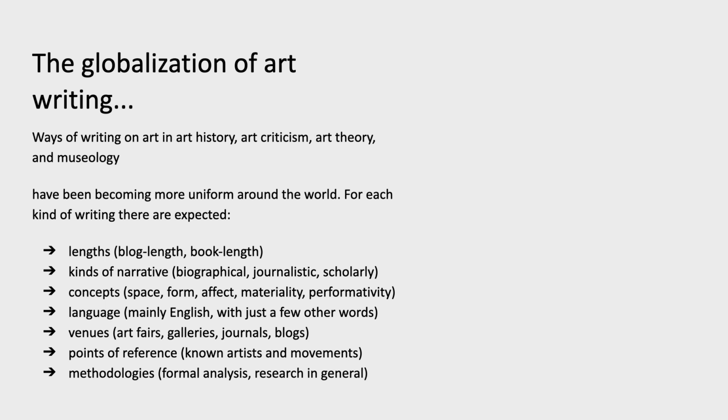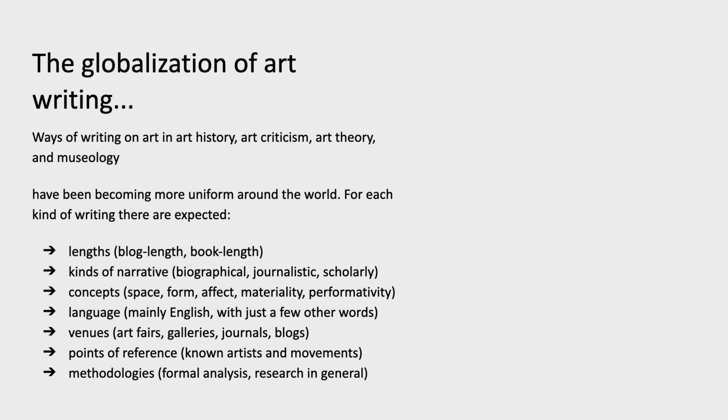So the globalization of art writing has been increasing around the world. For many kinds of art writing, including art history, art criticism, art theory, there are certain forms that are expected. So for example, the length of the publication, blog length, book length, the kind of narrative that's expected, biographical, journalistic, scholarly in different ways, the concepts that are deployed, words like space, form, affect, materiality, performativity, the language in which it's written, mainly and of course problematically English with just a few words from other languages,